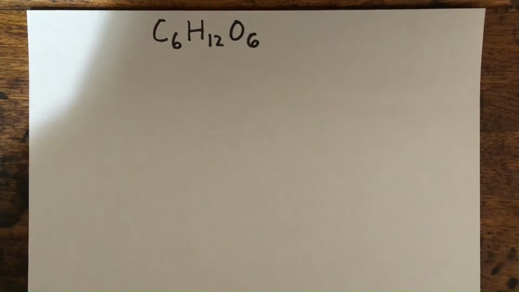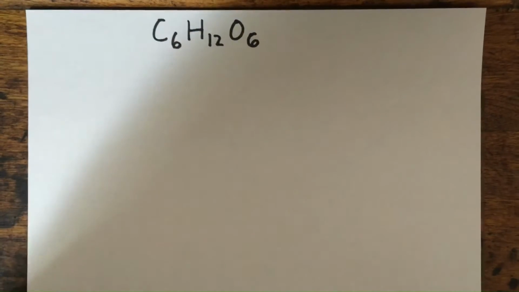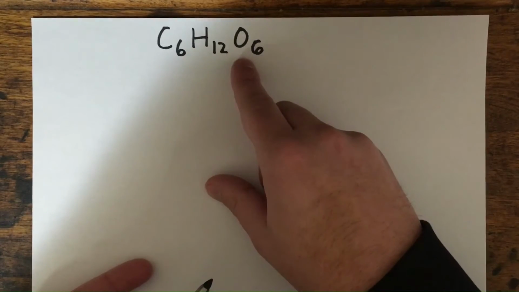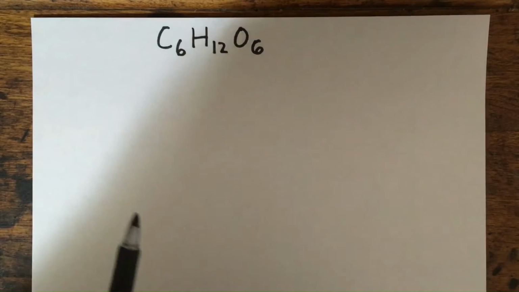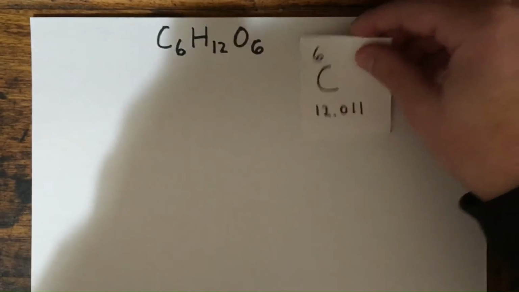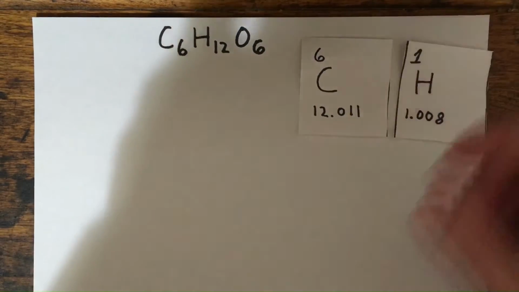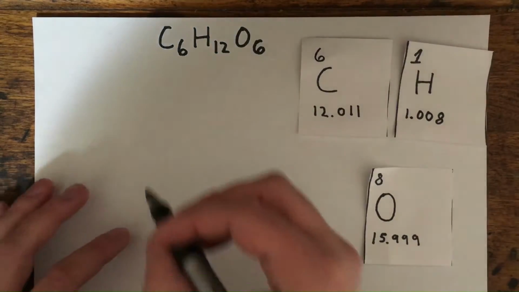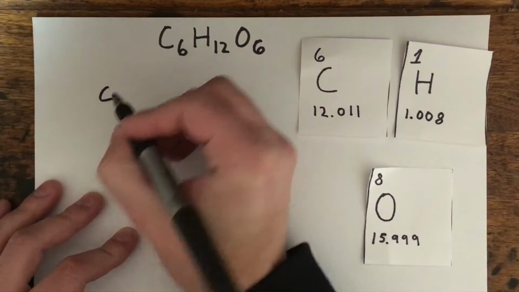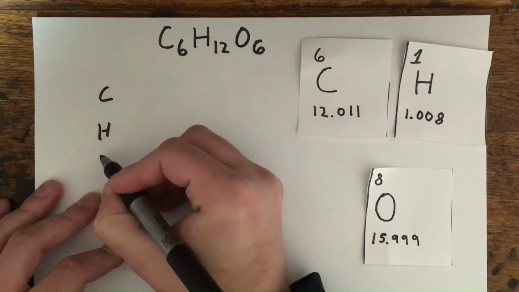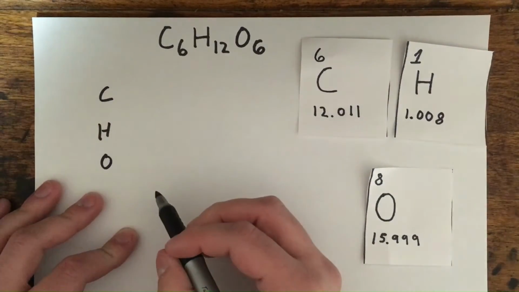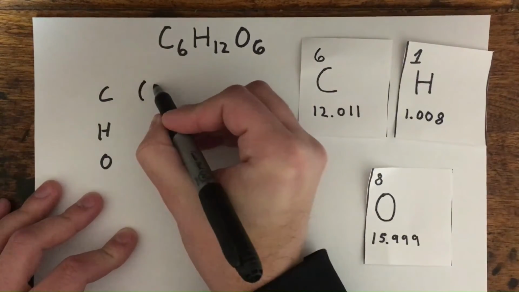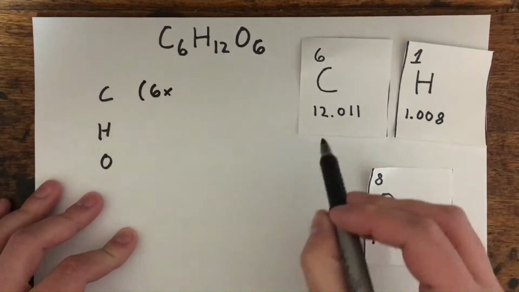So let's look at an example that's a little bit different. Here, you're going to find that we have multiple atoms of the same element. So let's see how we tackle that. First, we have carbon, hydrogen, and oxygen. So let's write it out the way we normally would. We have carbon, hydrogen, and oxygen. But here we have 6 carbon, so we're just going to do 6 times the molar mass